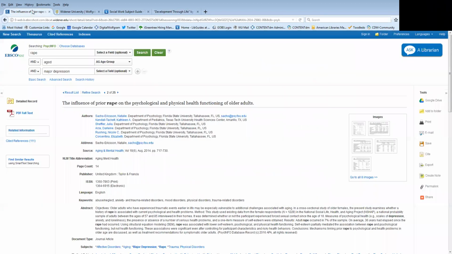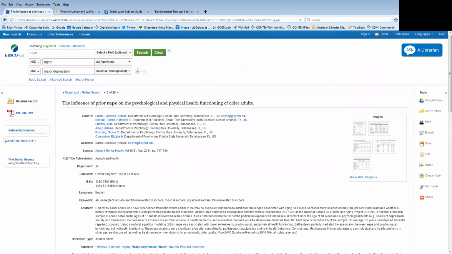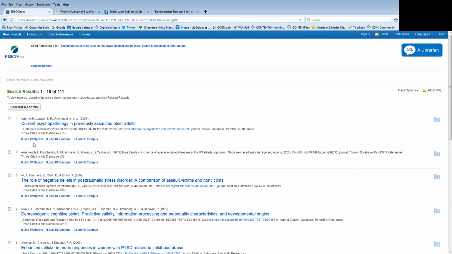So I'm going back to PsycINFO, and what I want to show you from this article is that it has the same resources that were useful in SocialIndex here as well. They're just formatted a little bit differently. So you can click on the names of the authors and find what other articles they have written that are in this database. You can get subjects, they're called subjects in this database, and see what other terms you can use for future searches, like trauma and physical disorders might be useful given a topic about rape and its effects. And then this one has cited references 111, so you can click on that